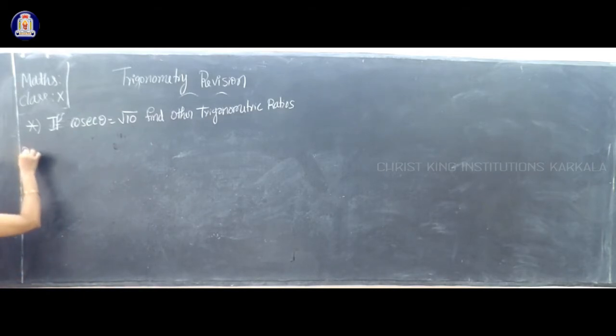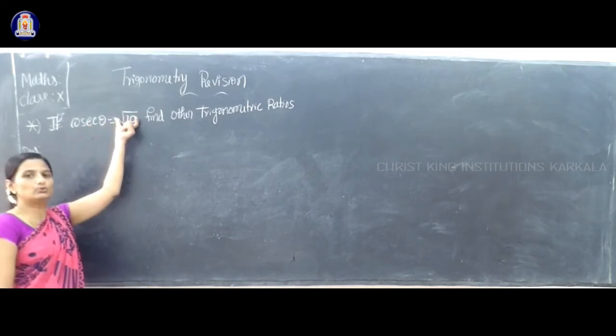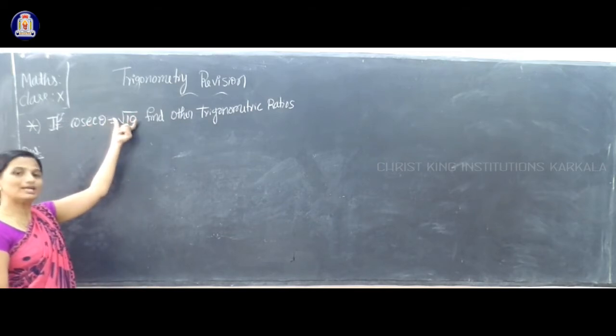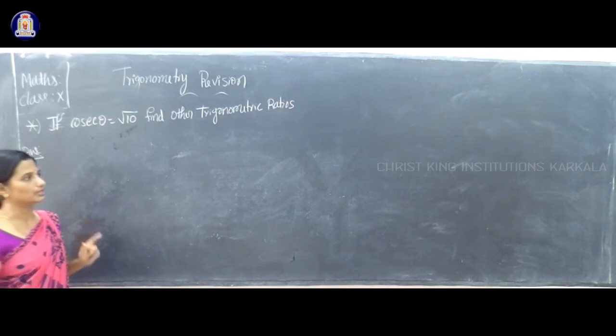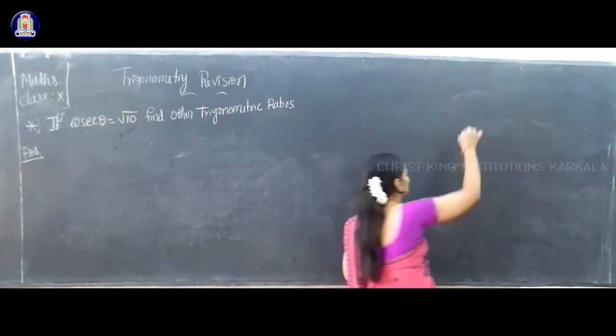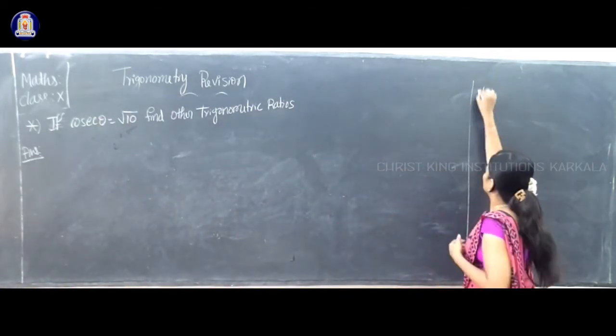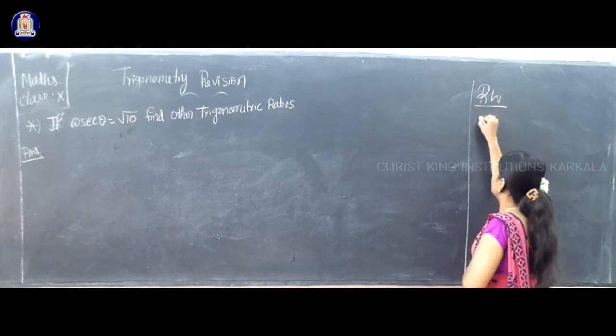So what is given here? Here there is no numerator by denominator, only it is given as root 10. You know how to write this as numerator and denominator. Suppose it is given like this. This is your rough one. So now suppose it is given as 2.